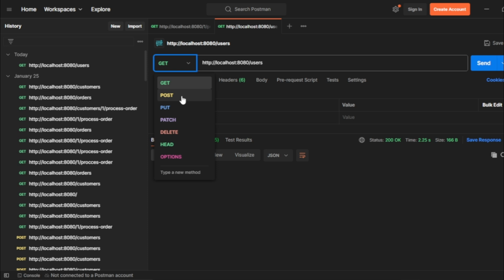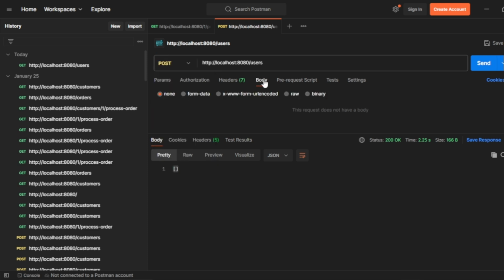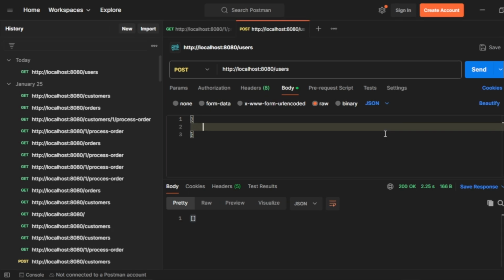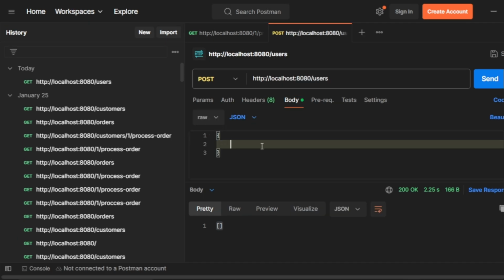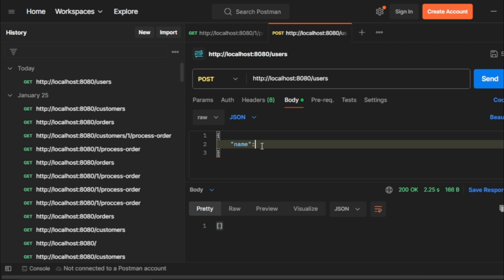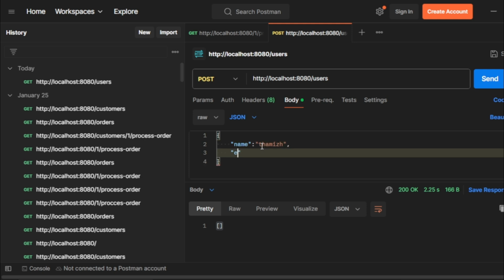Let's see. Select the post method, click on body and raw type, and in the text dropdown you can change to JSON, and in the box you can open and close the curly brackets. In the curly brackets you can type the column names, the variables given in the user table. The first one is name, except the ID, which gets an automatic number. For the name variable I'm giving Tamil, and a comma. Next variable is email,